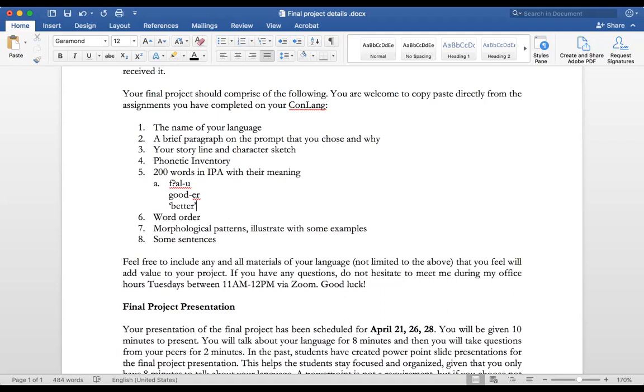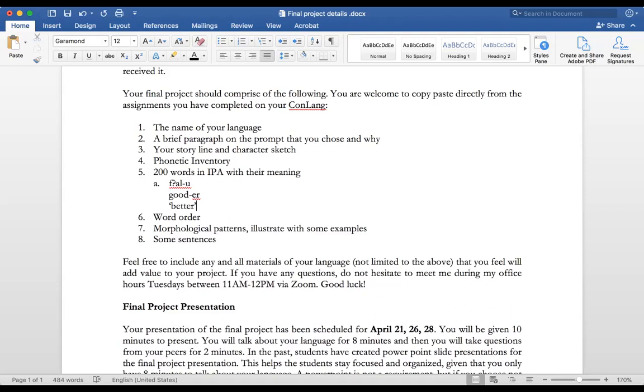Better, right? So you see how you can create your own morphology, you can create your own word structure, etc. And you will have a lot of practice before you get into creating those 200 words. We will do a lot of exercises in class as well, and in groups, and all that.